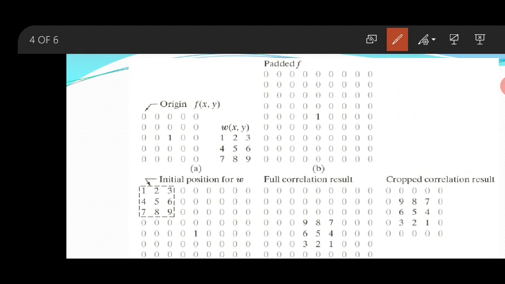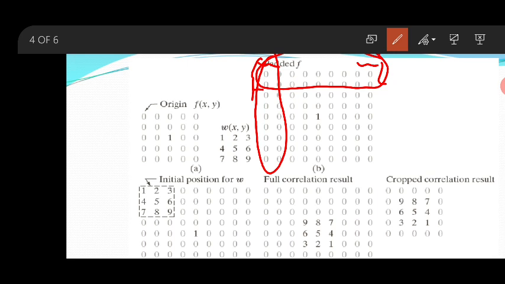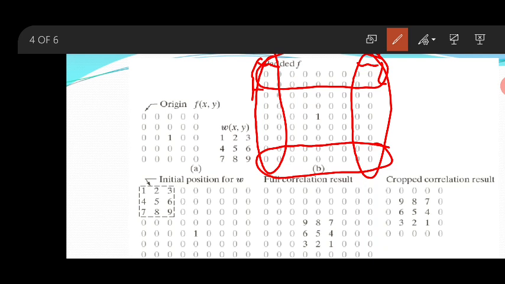Now look here. The size of the image is actually 5 by 5. After padding, 2 extra rows and 2 extra columns come into the picture. These are the padded pixels for the image.